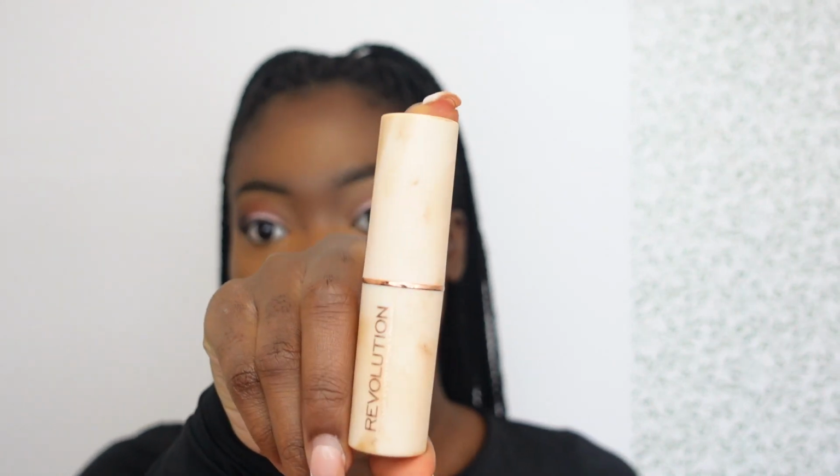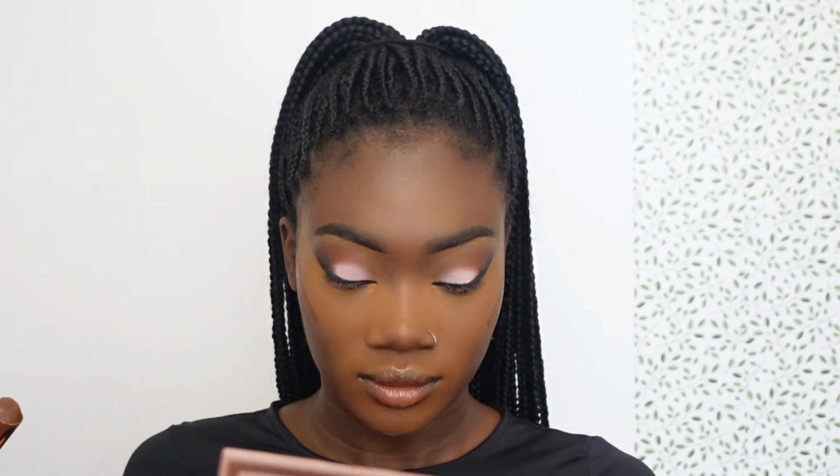To go in with my Makeup Revolution. Don't talk about my dirty Makeup Revolution contour. The base is looking good, y'all. Put down the brushes and go back to the beauty blender. Look at my skin. Look at the base. I'm gonna go in with the Makeup Revolution in the darkest shade F18 and contour my cheeks out,